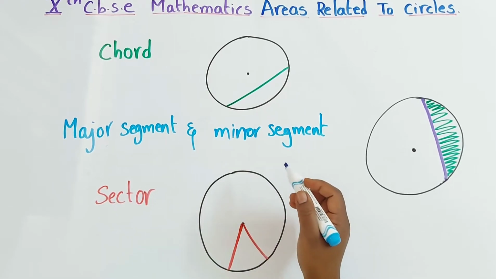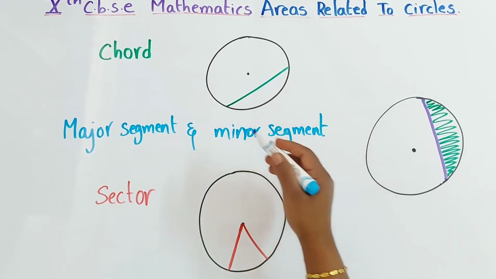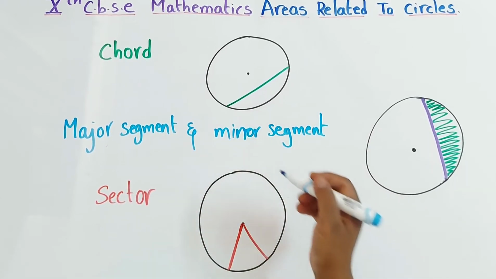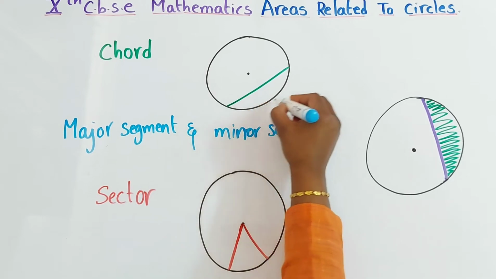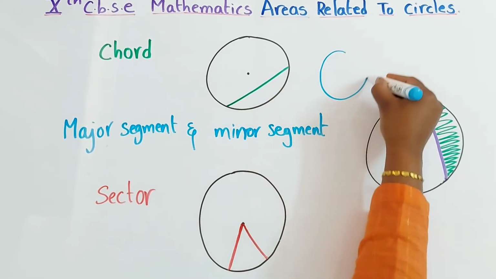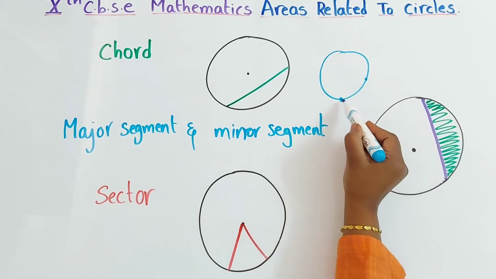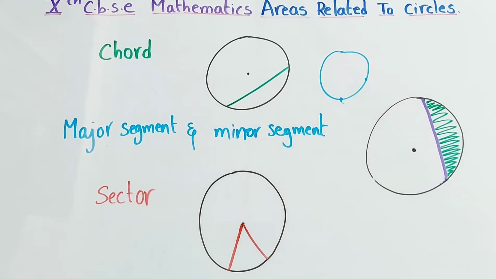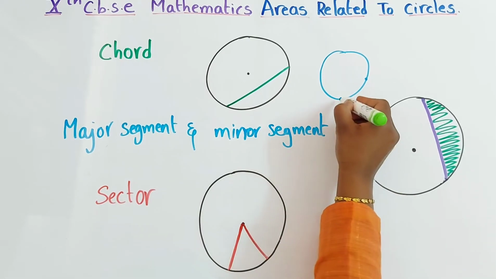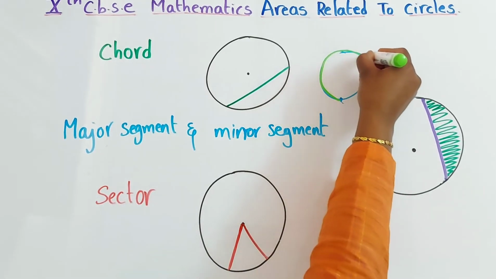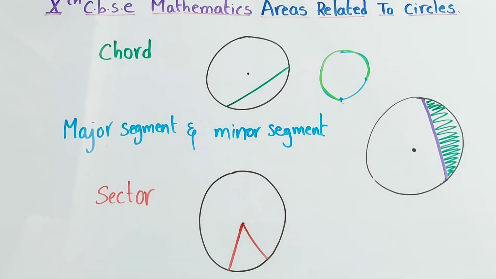A minor arc is the shortest arc connecting two endpoints on the circle, children. See, this is a minor arc. If this is a circle, if I take these 2 points on the circle, so this is called minor arc. The remaining boundary line, see, from here to here, this is a major arc. Right children? This is a minor arc and this is a major arc.